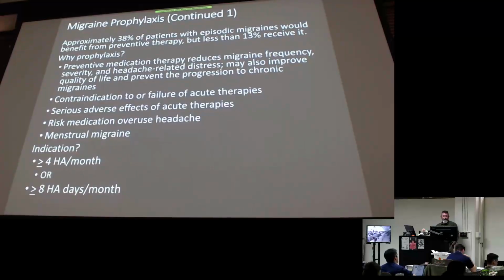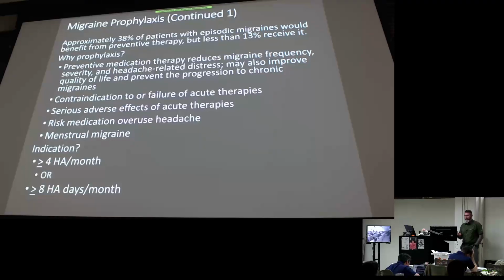So still talking migraine prophylaxis. I can tell you that most patients with migraines need it. Most patients with migraines do not get prophylaxis. So this is something you can do as a clinician to affect someone's life, right? Because if you're having more than 4 migraines a month or 8 migraine headache days a month, and you can be put on a medication to keep, even if you decrease it by 1 headache a month or 2 headache days a month, that's important to your patient, right? So